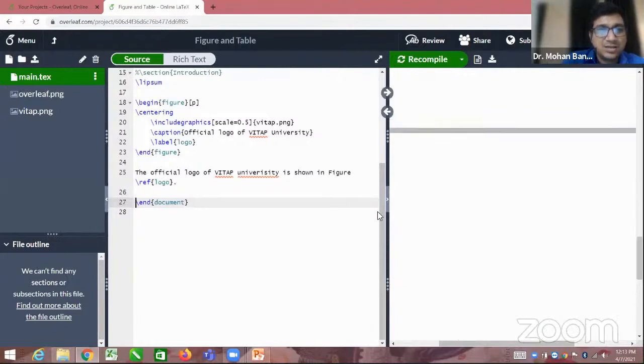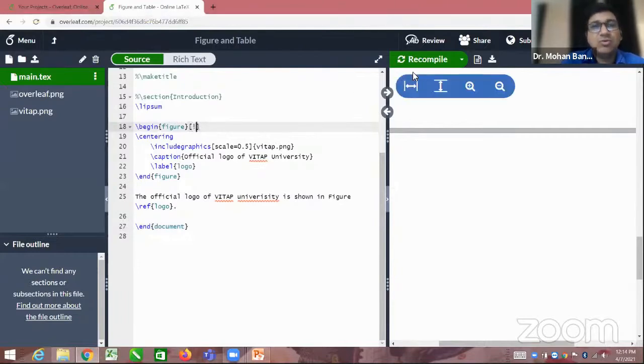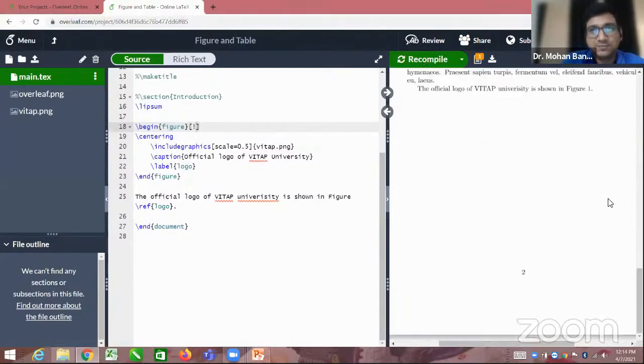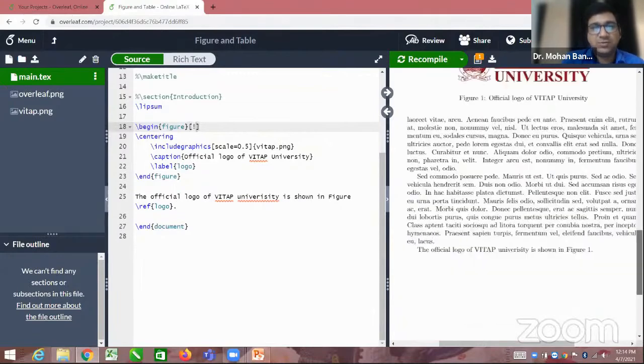Okay, and the exclamatory sign will float the image to the best position automatically. It will choose the best position. So usually it chooses the here position and top position. Here you can see the top position. The exclamatory sign usually chooses the top position of the page.